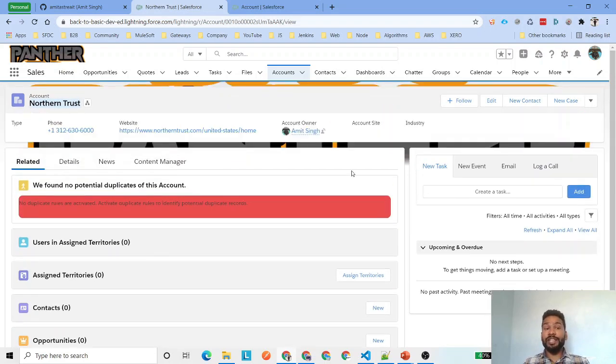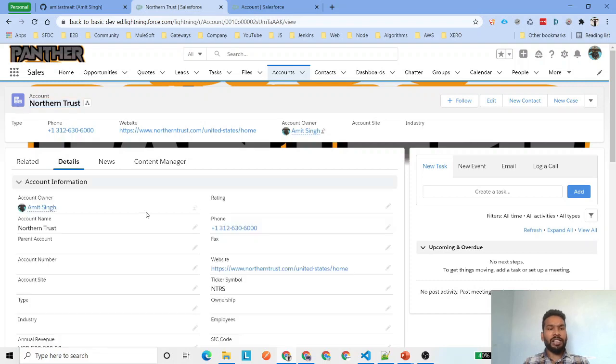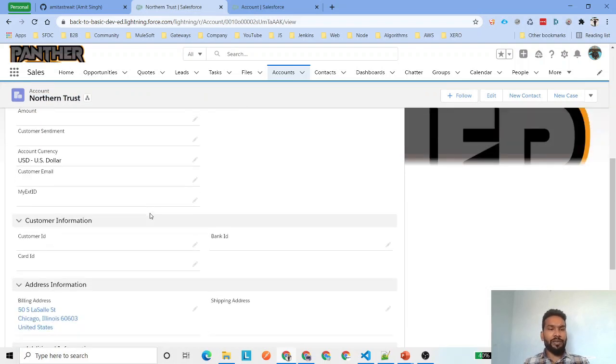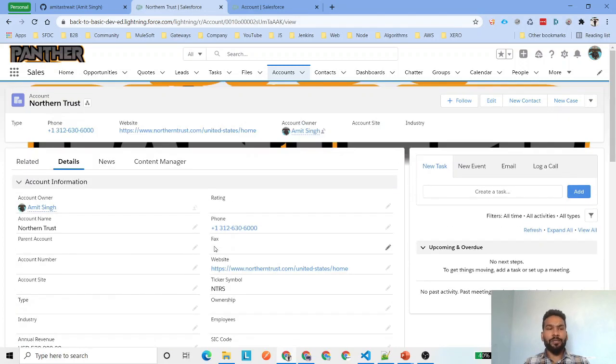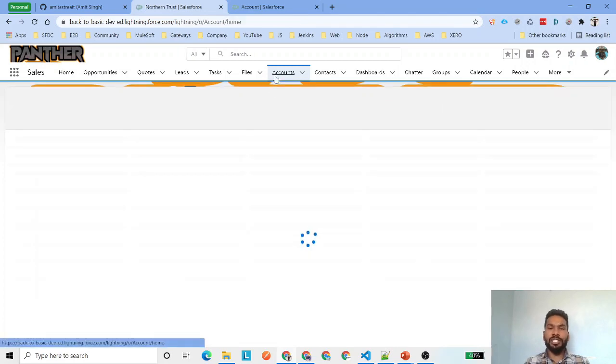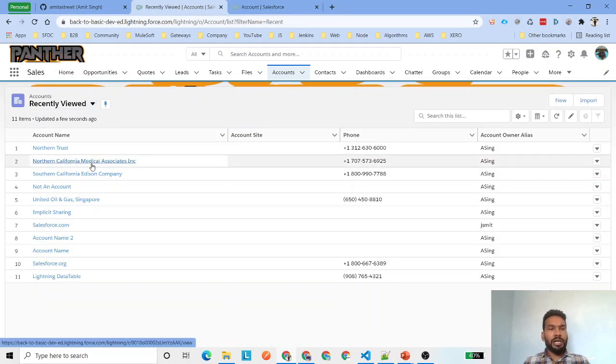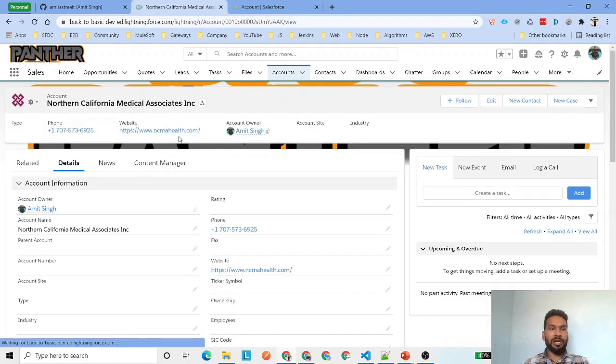That means our rule didn't work for the condition where we said it should have a billing postal code. You can see the billing address is something we were not able to change to CA. Okay, that's why it is not working. The rule is not working for this account. We will check this other account, which is California Medical Association.